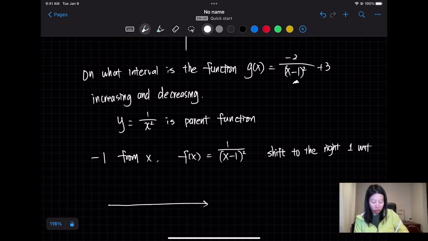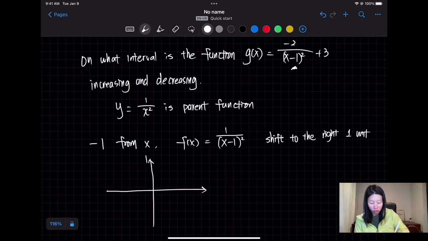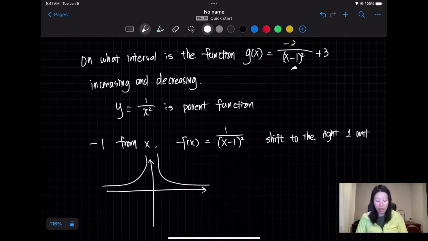Well, what does a reciprocal function look like? A reciprocal function originally looked like this one, right? Now you shift to the right 1 unit. So that means the function is going to look something like this, right? So in the first step, where is the increasing interval? Well, the increasing interval